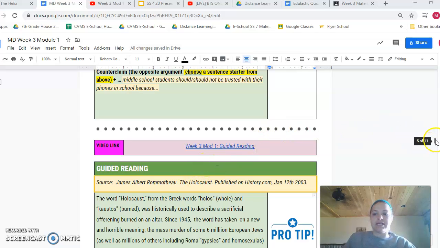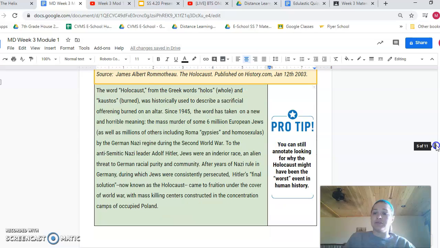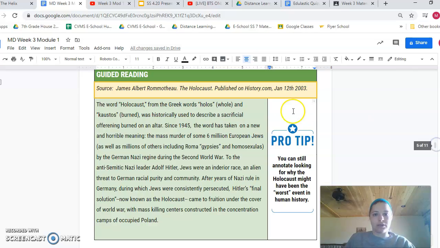What we're going to do now is actually go through the guided reading. I will read it out loud, and I will also read all of the multiple choice questions out loud. If that is not something you need me to do or want me to do, you can go ahead and turn me off right now. But if you would like me to do that and you want to follow along with me reading out loud, then this video is for you. Okay, so we're going to go ahead and get started.